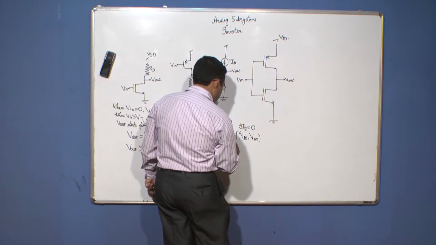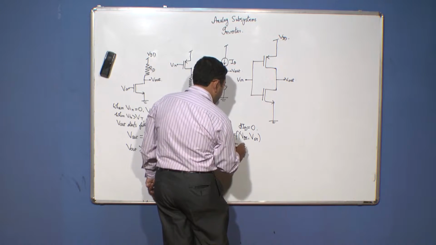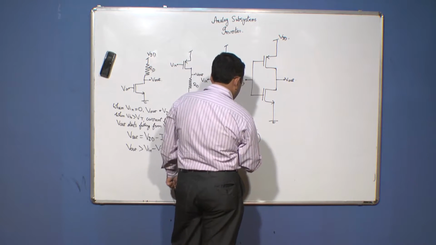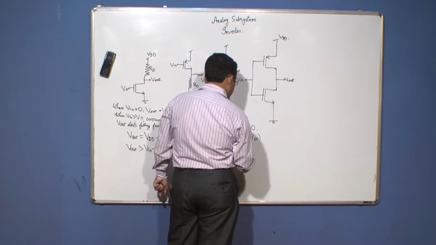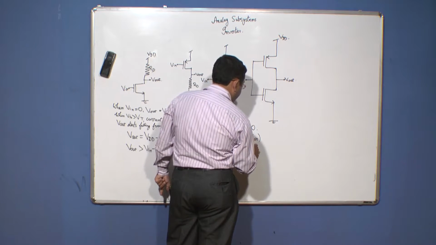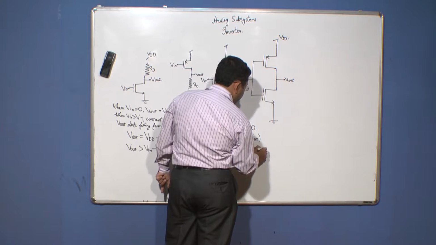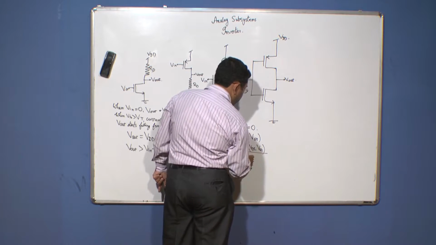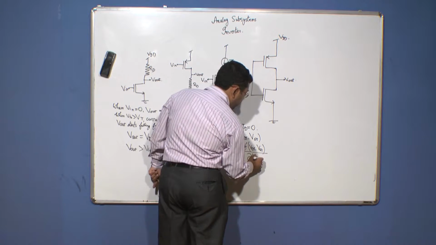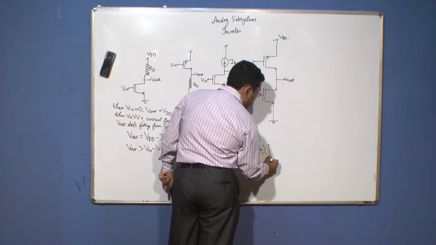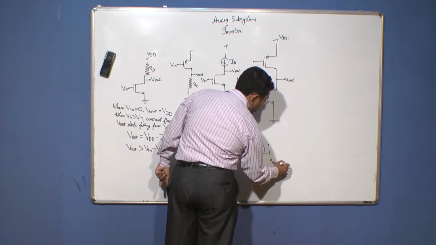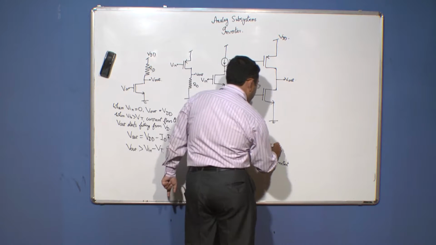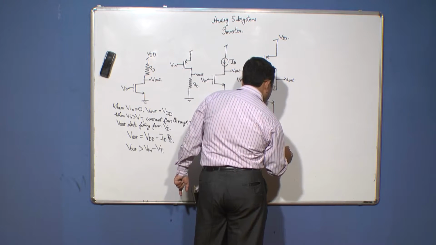Therefore, dID equals del F(VDS, VGS) by del VGS at constant VDS, into delta VGS,